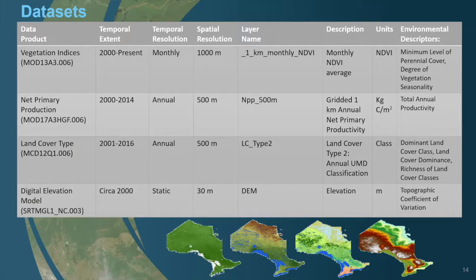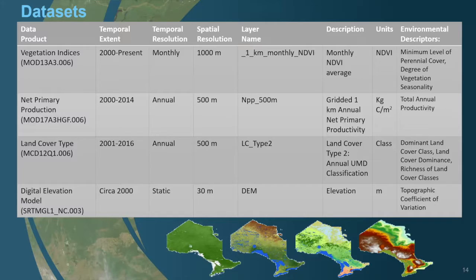which are either the same or similar datasets used in the example study to derive similar environmental descriptors as the study. So we have monthly 1000 meter NDVI, which we will use to derive minimum level of perennial cover and the degree of vegetation seasonality. Next, we have MODIS net primary production, which is an annual product at 500 meter resolution, used to easily calculate